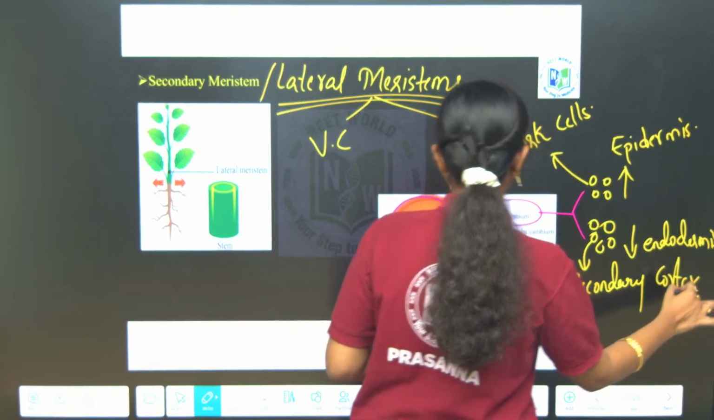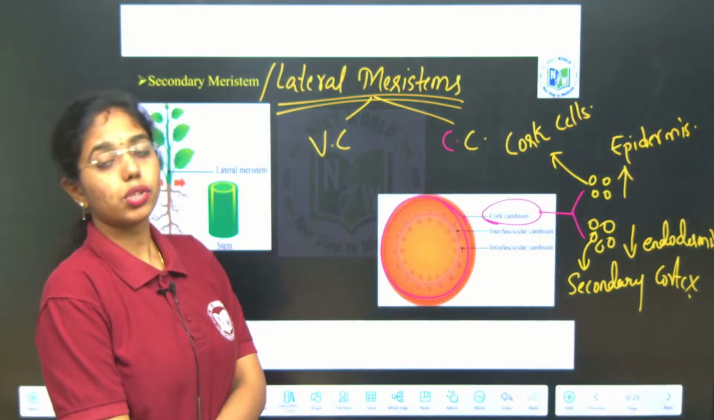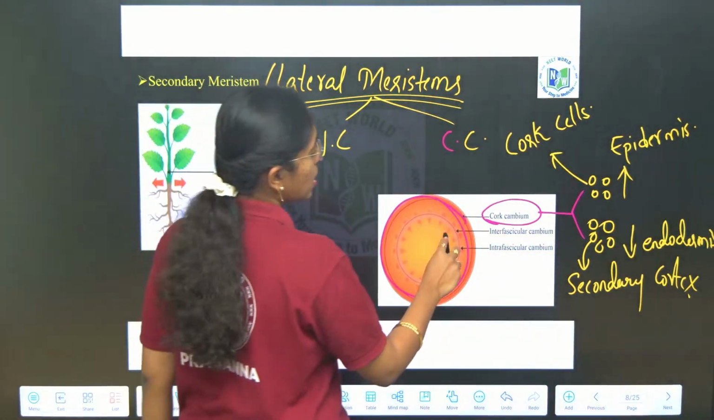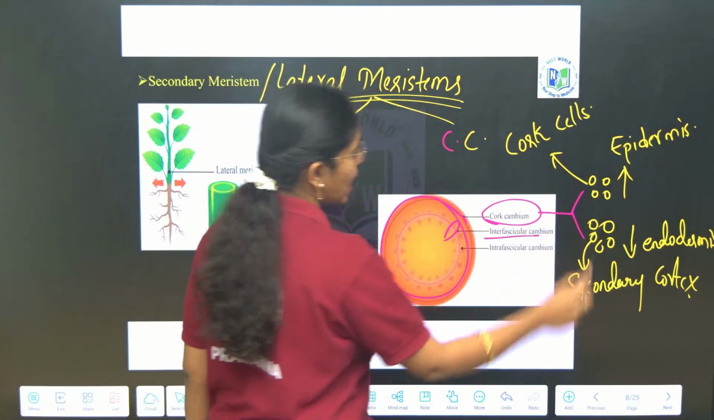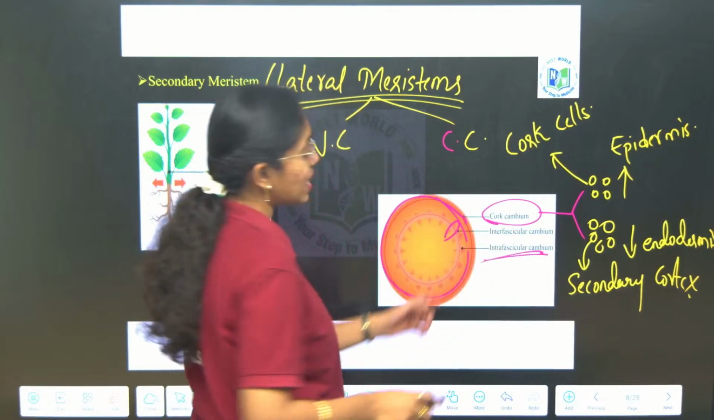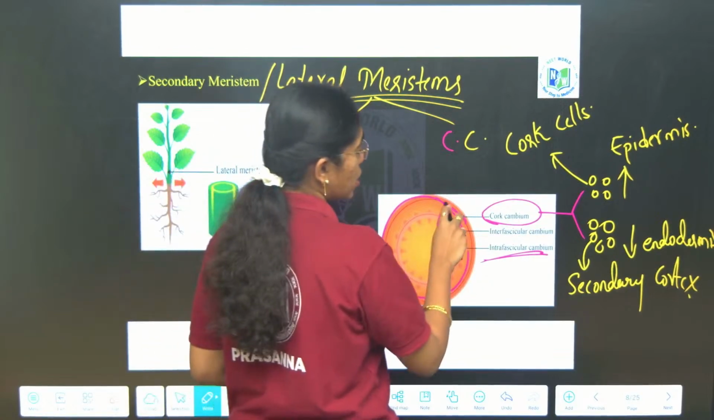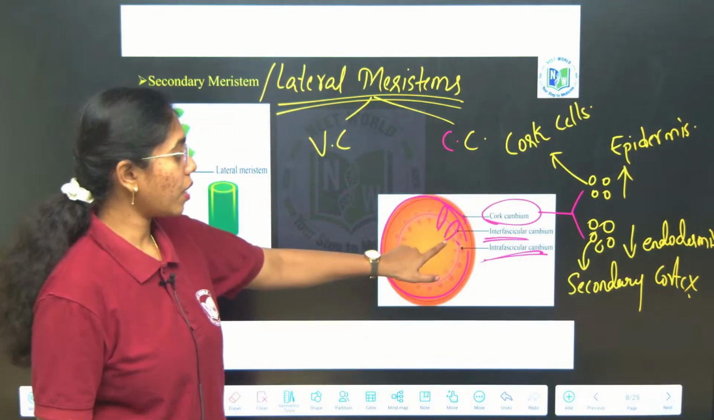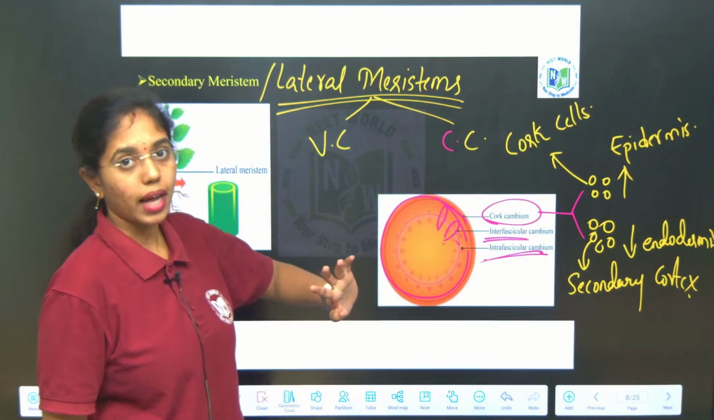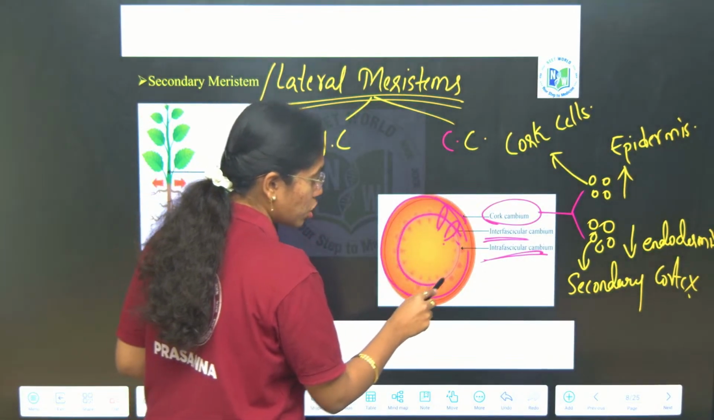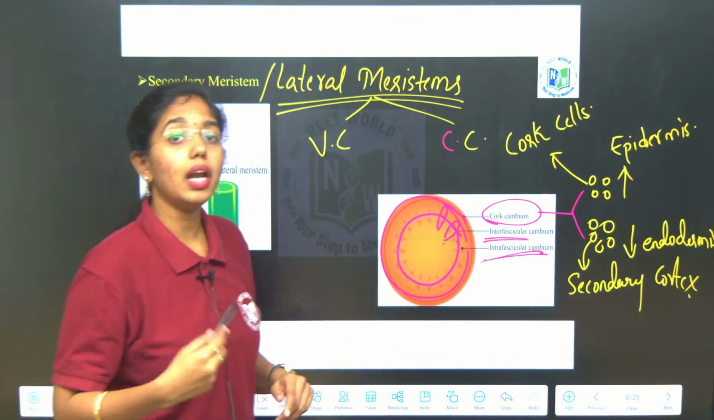Secondary cortex. And here we have discussed vascular cambium which is present in the stellar region. If it is in between xylem and phloem, it is addressed as intrafascicular cambium. If it is present in between two vascular bundles, that is interfascicular cambium. Intrafascicular and interfascicular cambium, these cambiums together will form a cambial ring in a